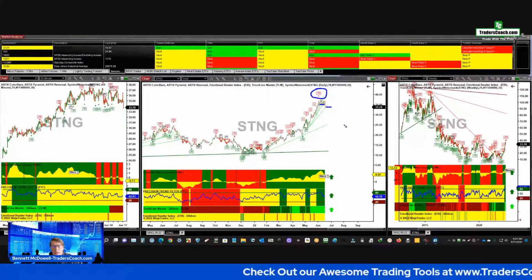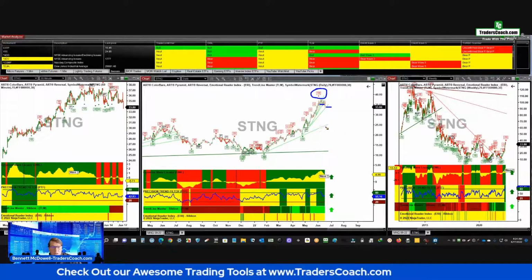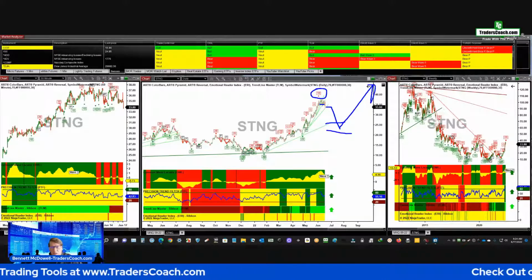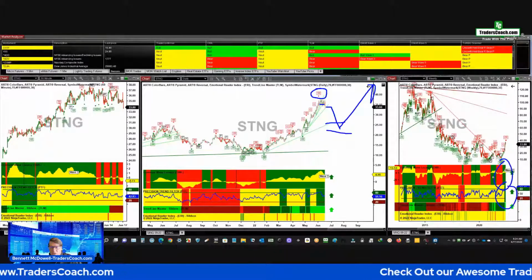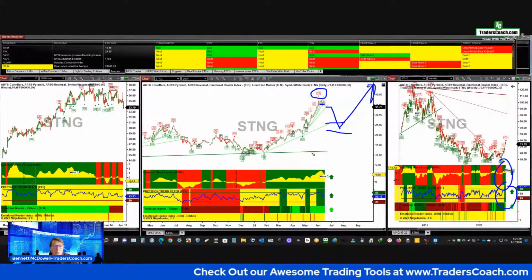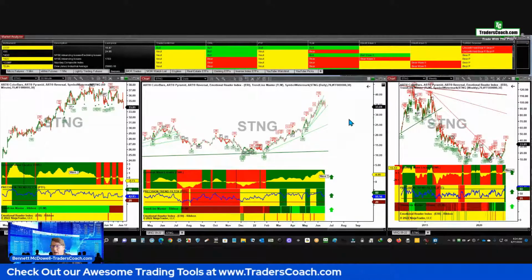So it's not too late. I'd probably take off maybe a third or a half a position here and wait for the retracement and add that position back on for another leg up. This is green, so it's not done going higher. It's probably going to pull back into the $25 range or so before it heads back up.